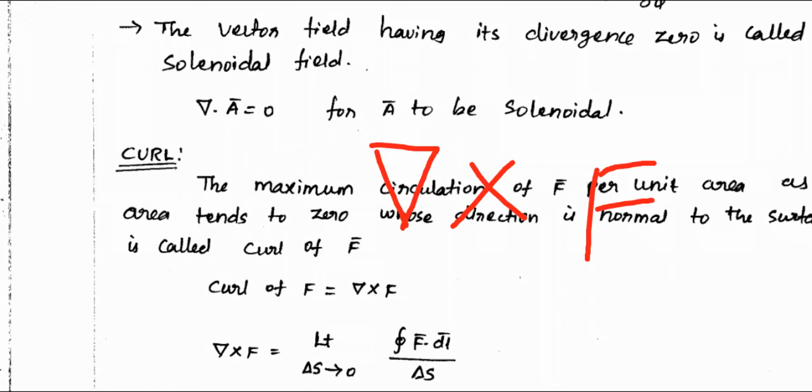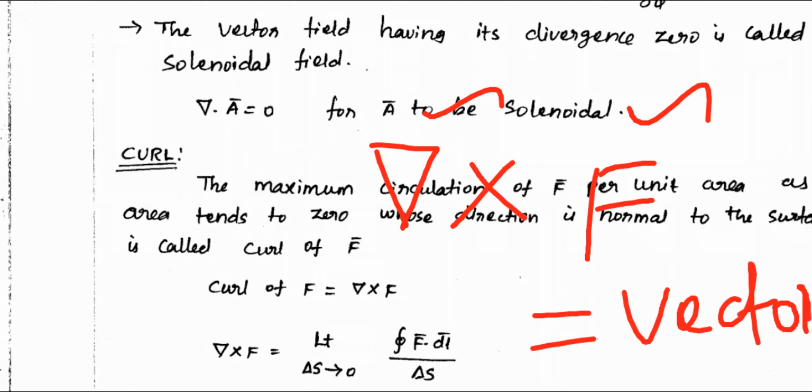Del means some vector space operator. F is another vector. Once you calculate del cross F, vector cross vector, definitely you will get a vector. What is this vector giving? Already you have one vector. You are applying this operator del cross. Finally you are getting one more, new vector. Then it gives the nature of this one.